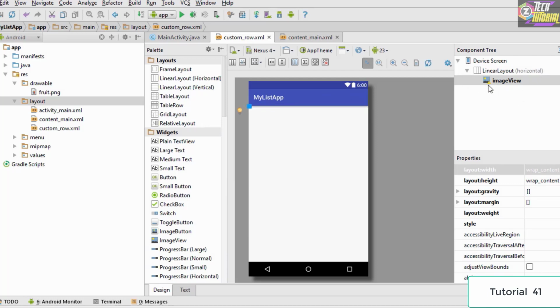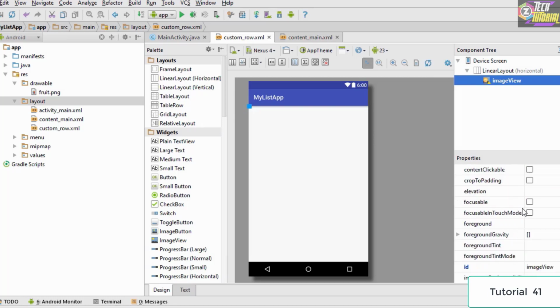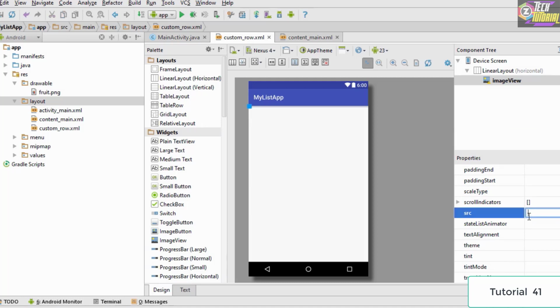Now the thing is that we need to give a resource to this image. So basically we want to attach this image right here to this image view. So in order to attach an image to this image view, we select the image view, go to properties, and we search for the option which is called as source. So this src right here is the source. Now we specify the image name here.